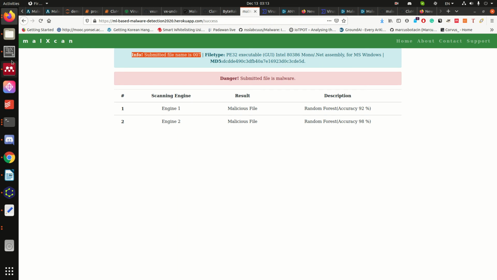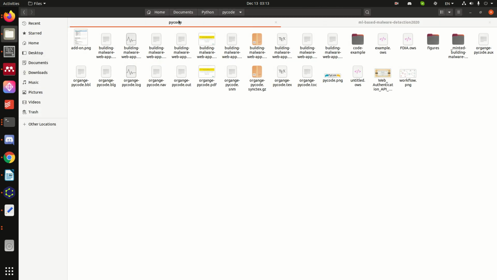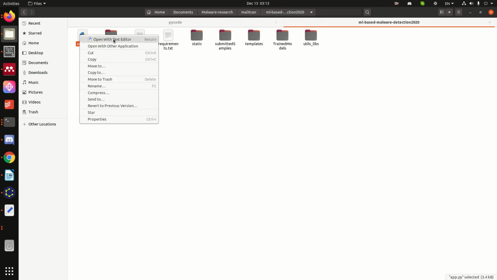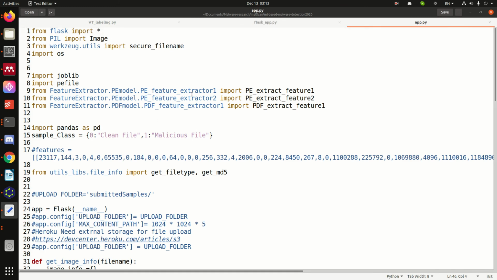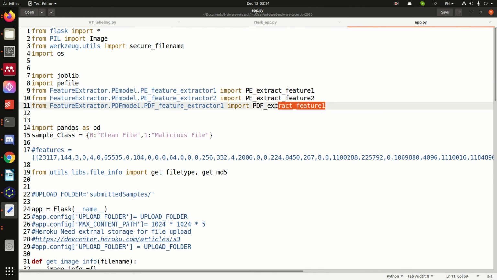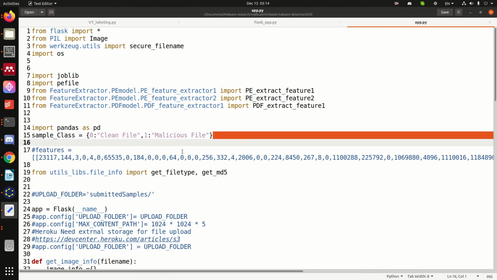So if you want to see that model, this is one deployment. We can deploy different feature extractors I have. That's why I said two models were there. So we have two feature extractors, and for PDF also that will work. We have a separate extractor for PDF. So if you see here, we have joblib, and then we have labels just for